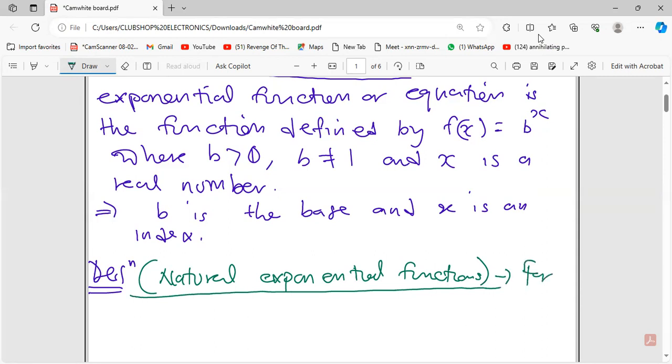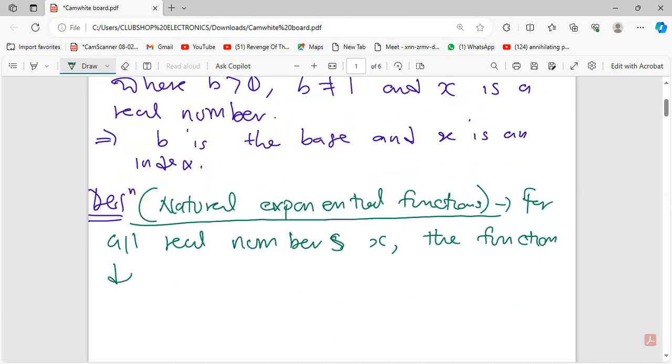Now, for all real numbers, let's say the function defined by f of x equal to e to the power x